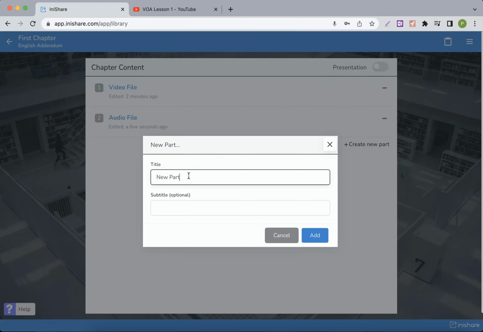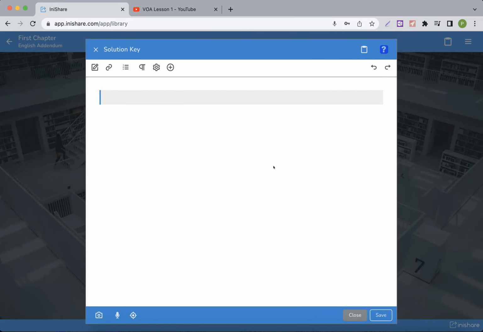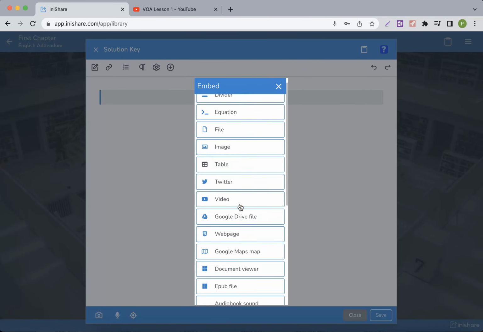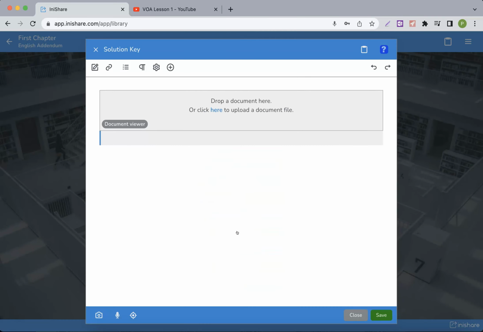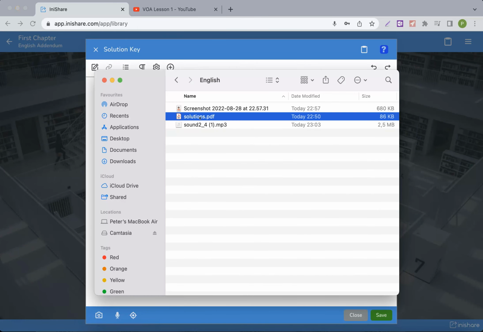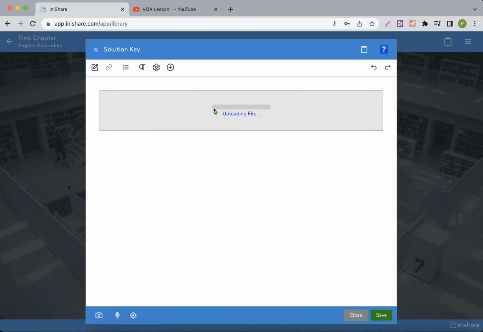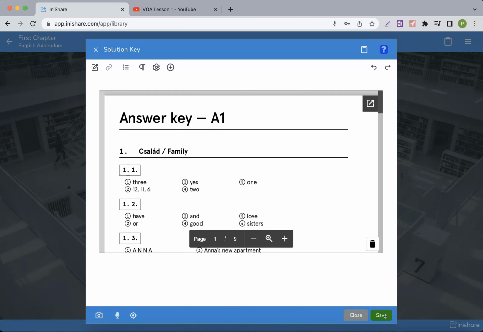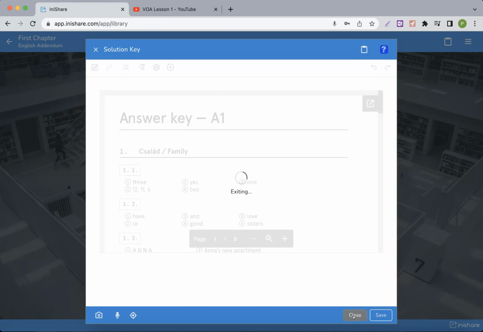This is going to contain the keys to some exercises, and it is in a PDF file. We click on the Add button and select Document Viewer. Then we drag and drop our PDF file here and it gets inserted. Now we save our file and close it.